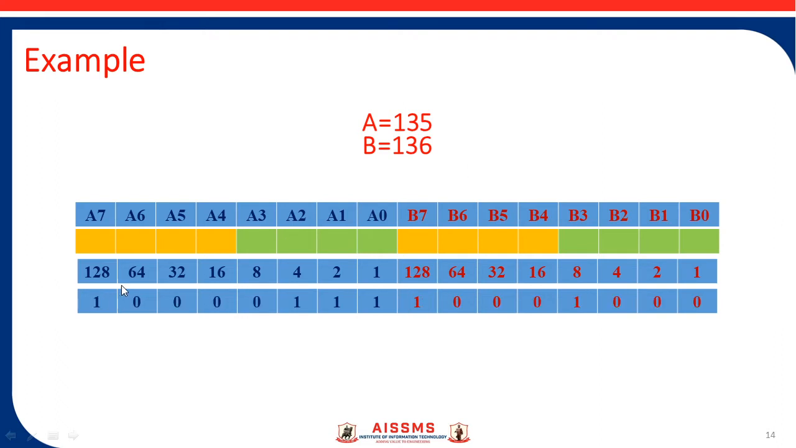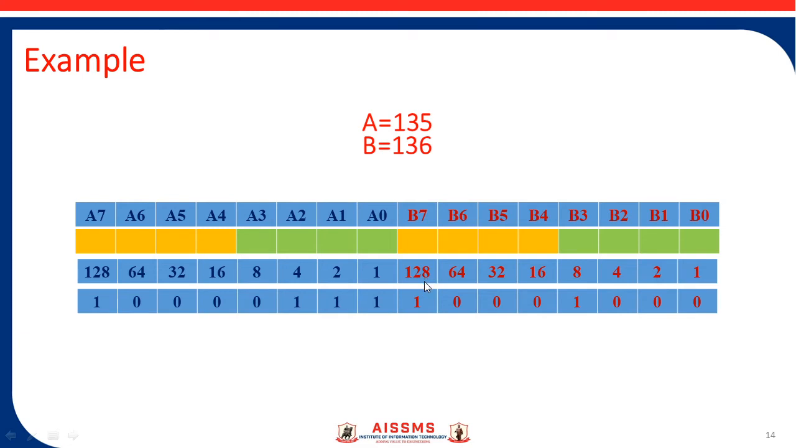So here 135 is greater than 128, so make it 1. And if you subtract 128 from 135, then you'll get 7. So by combining 4 plus 2 plus 1, you'll get 7. So the 8-bit number for A, that is 135, is 1, then 4 times 0, 111. Same for B,